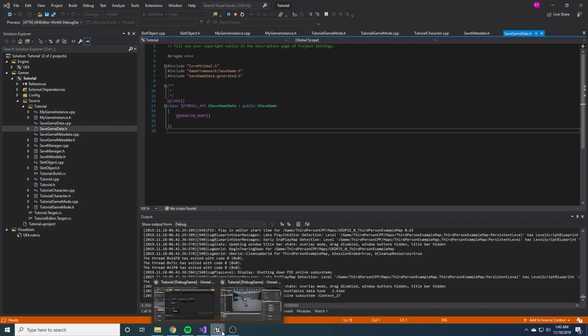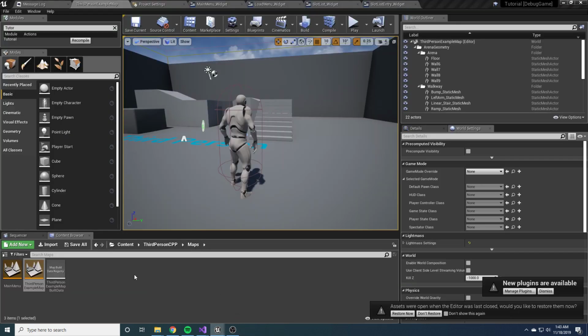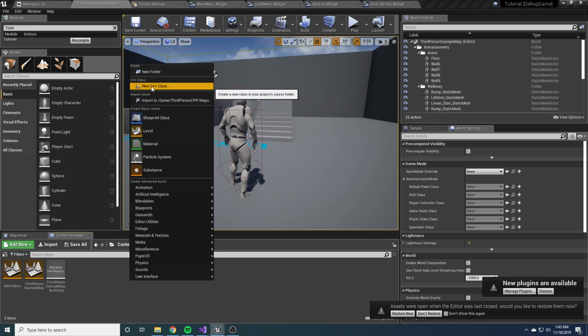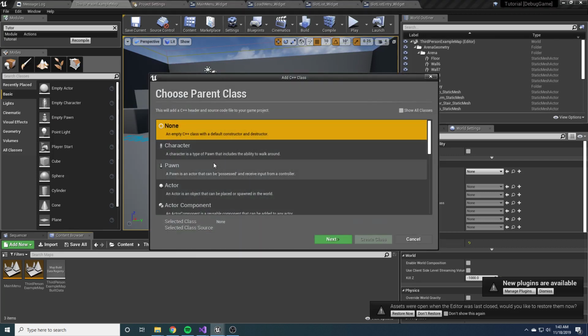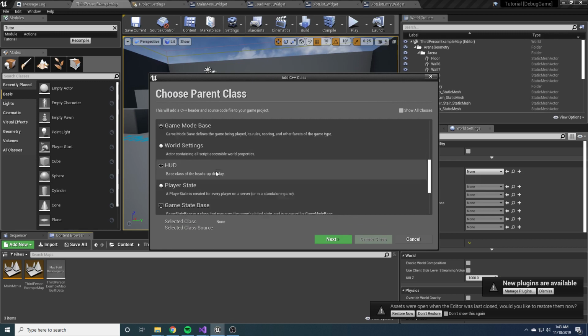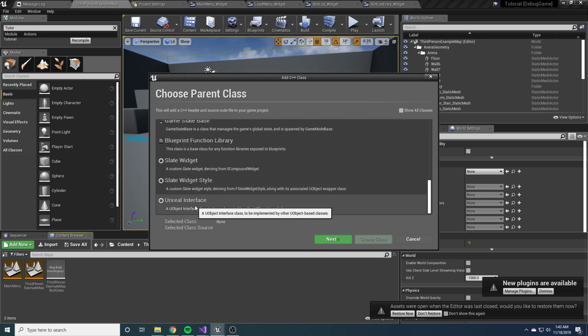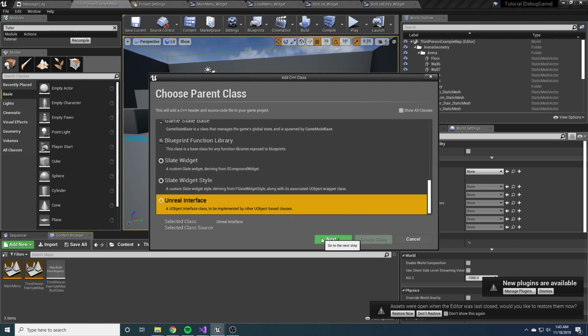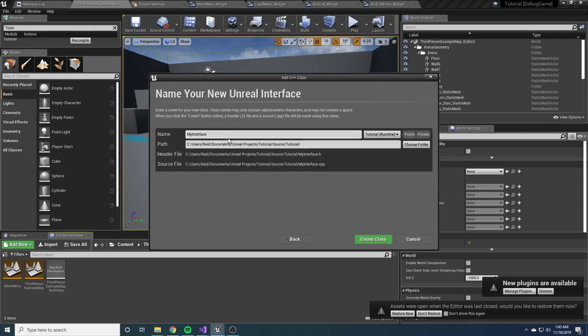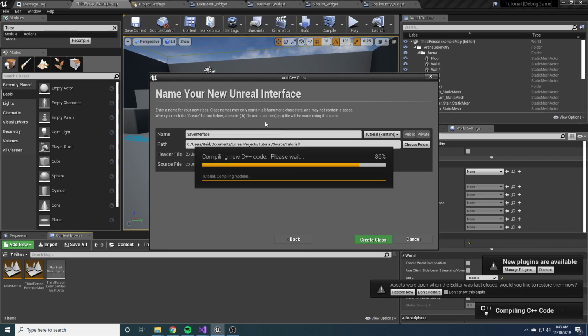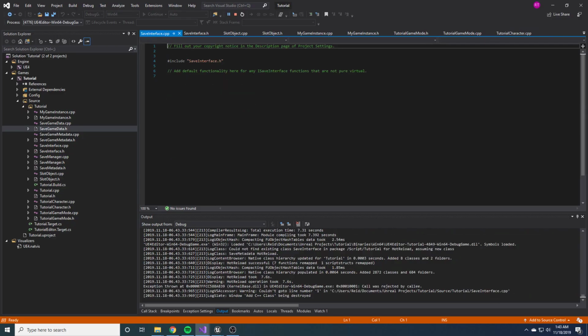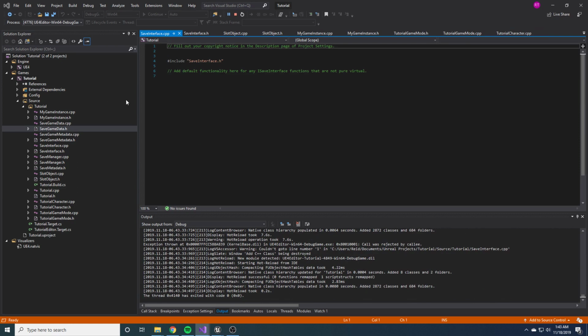So to do that, actually we do need to come back here and right click and say new C++ class, and all the way at the bottom there's an Unreal interface, and that is what we want to create. So click on that, hit next, and we will name it save interface and hit create. And wait for Unreal. Okay, so in the save interface